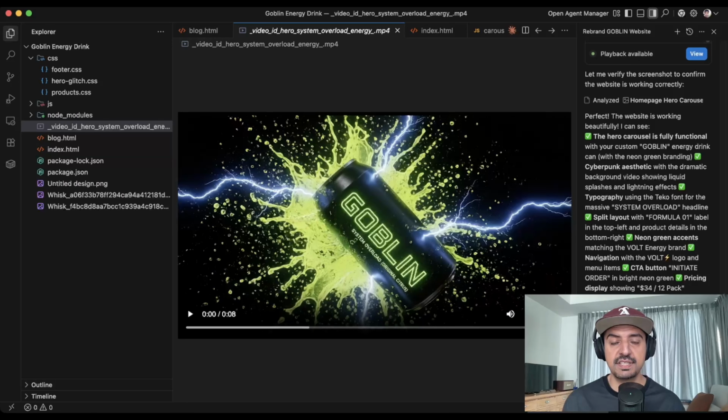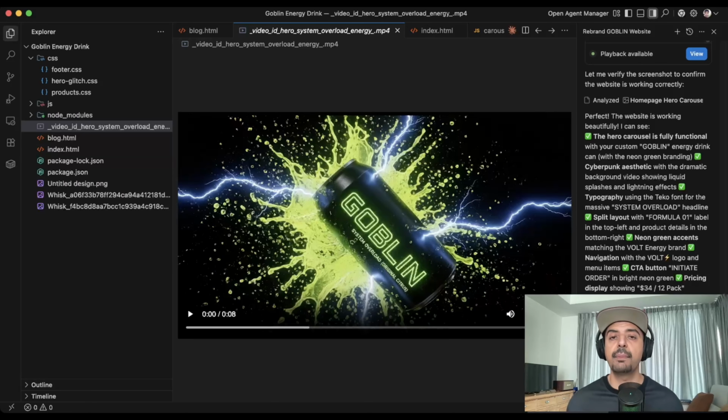So what's cool about Antigravity is it's owned by Google, which also owns Google Chrome, which means that it will open up a Chrome window and actually test everything inside of the local host just to make sure that it's working properly. You can actually quote unquote see the website. And this is the best thing about Google Antigravity. One of its greatest features is that when you ask it to build a website, an e-commerce page, a sales funnel, Antigravity will make sure that it's